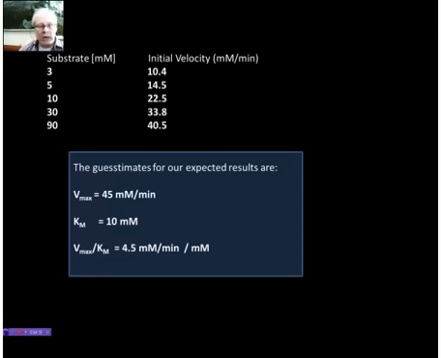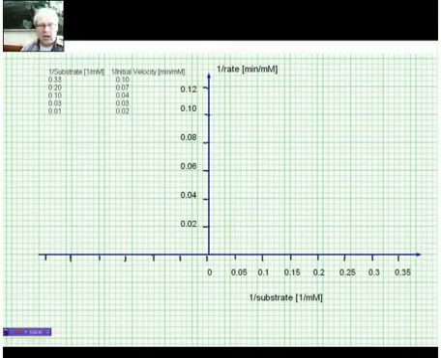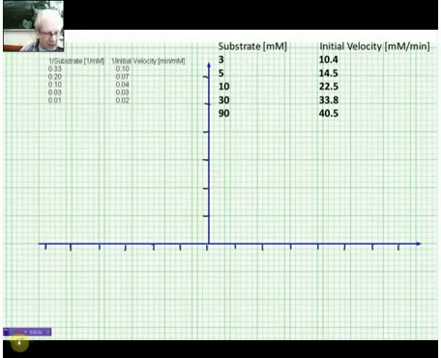So what can we do now? Obviously, this was just a guesstimate, and we want to know what actually our data are. And for this, in this case, we want to use a Lineweaver Burk plot. Just to remember, in a Lineweaver Burk plot, we actually calculate one over rate versus 1 over substrate. That is what we use. So what do we need to do? Well, first of all,